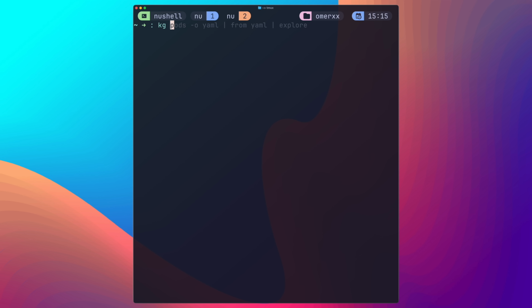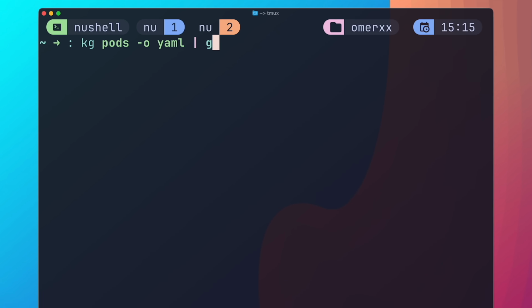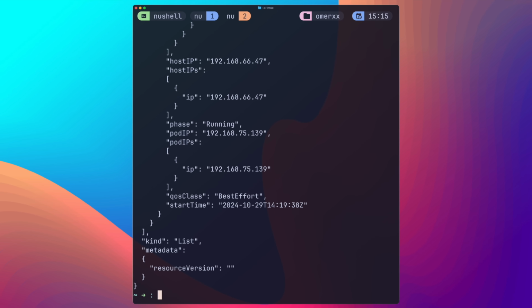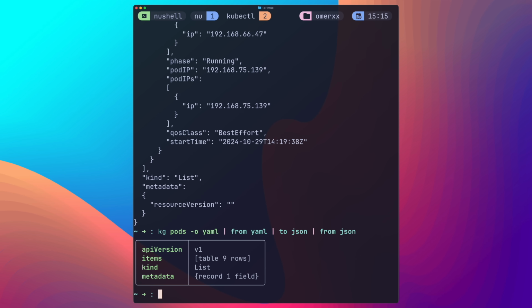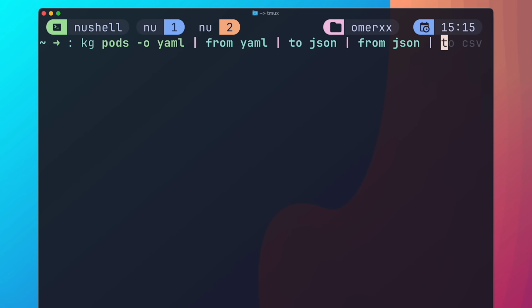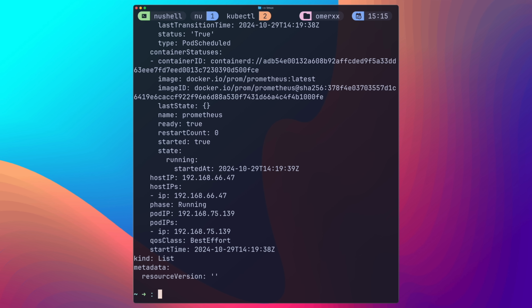If you aren't aware yet, Nu doesn't care what type of data you're getting. I can take a YAML instead, then parse it using the from yaml operator. I can then convert it to JSON again, and it works like a charm. Nushell can go back and forth, another set of tools saved right there. Make it structured JSON again and convert it to another YAML like it's nothing.